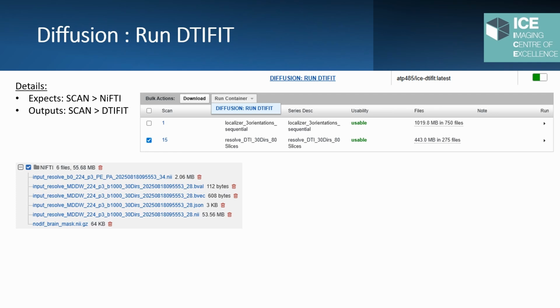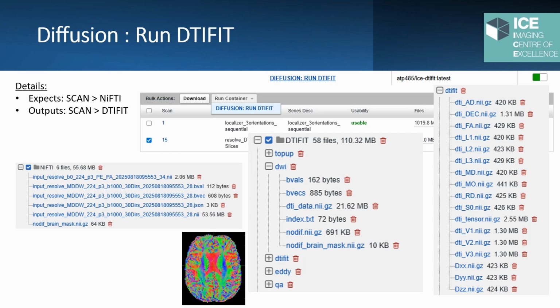And then we also want to put in a top-up run we've collected for the diffusion. So if the diffusion is collected in an anterior-posterior phase encoding direction, we will have a top-up image in the posterior-anterior phase encoding direction. And we'll place this into the Nifti folder. And then once we run the DTI fit function, it will do top-up correction, eddy current motion correction, and tensor fitting. The input images will be stored in the DWI folder